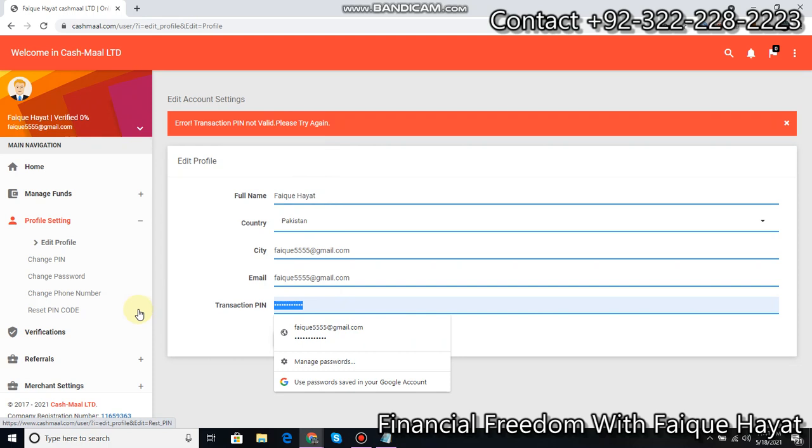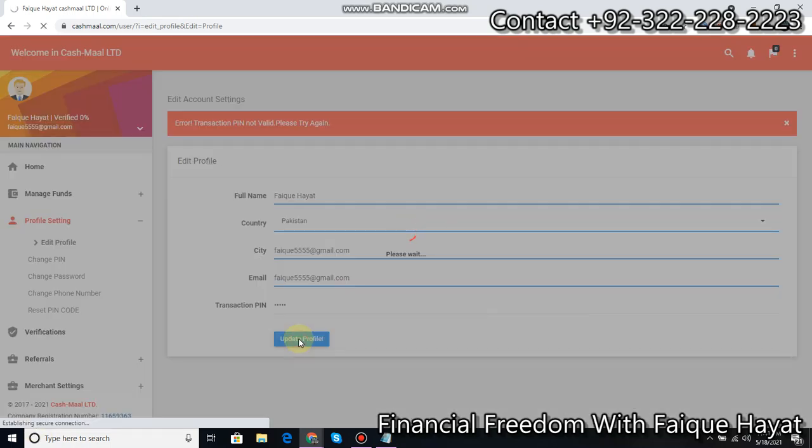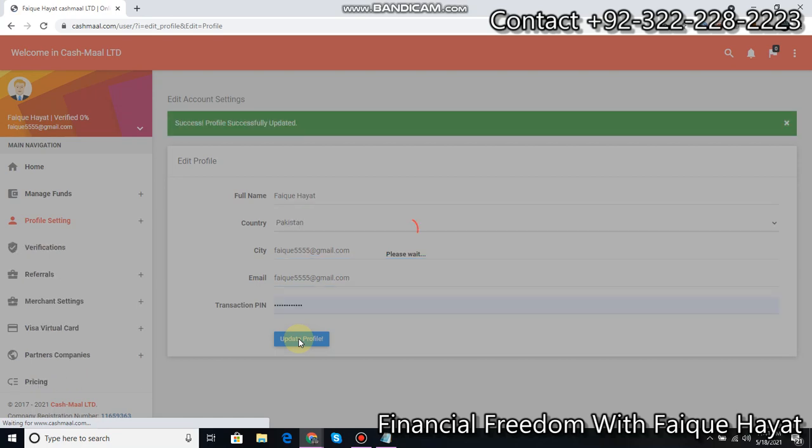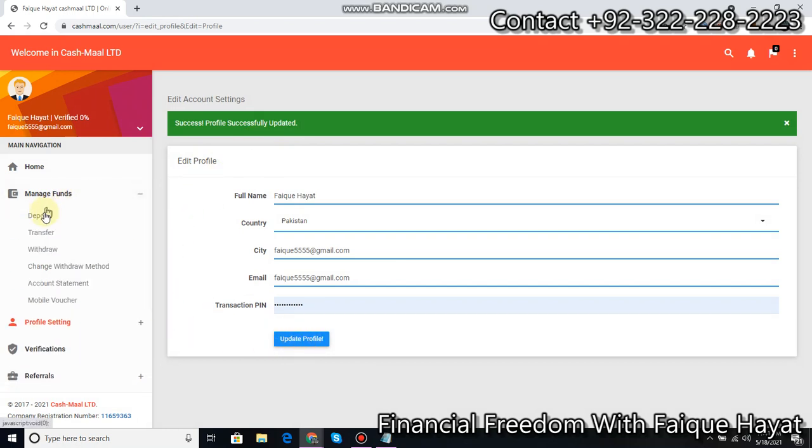Transaction pin, I guess I have to put here. That was the pin you were asking for. Yes. Now it accepted, successful profile. Okay, now manage fund, deposit.